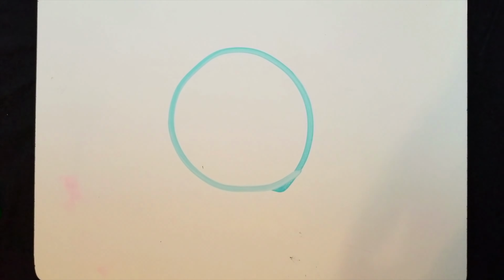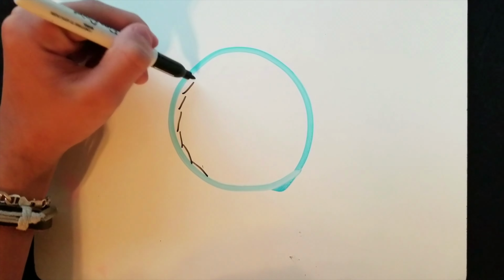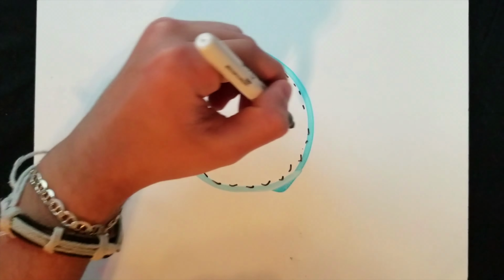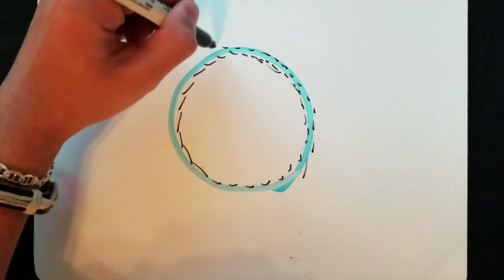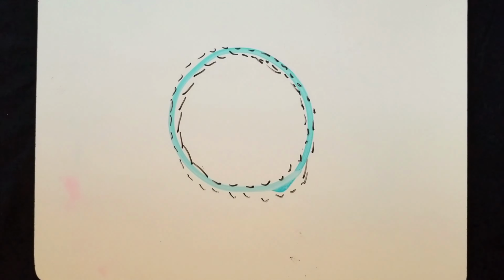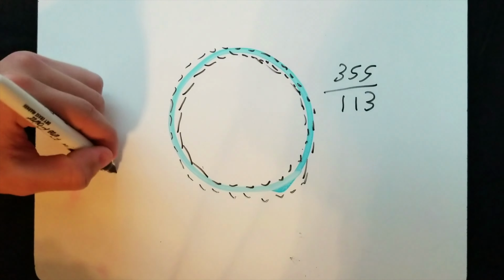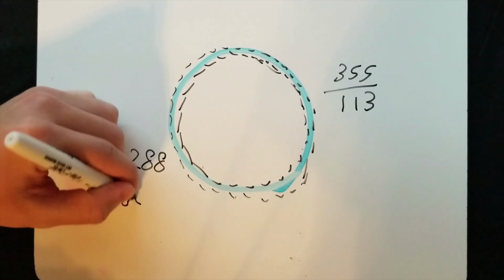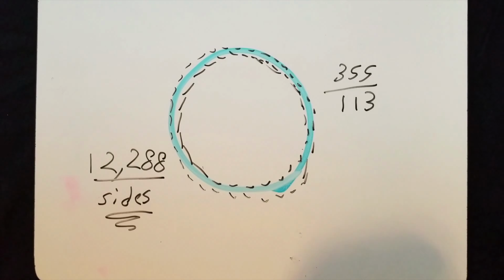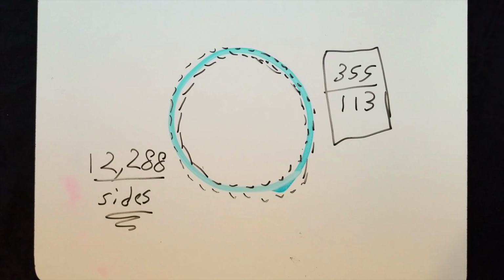Later on, a Chinese mathematician named Zhu Chongzi used a method similar to Archimedes' method of finding pi. But instead of using hexagons, he used more-sided polygons to create a more precise number that represents pi. He used a polygon with 12,288 sides and managed to produce the fraction 355 over 113, which is 6 decimal places correct in pi.